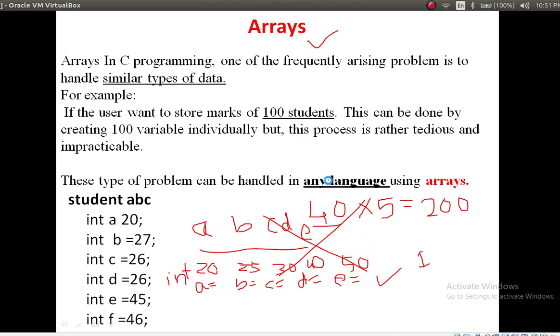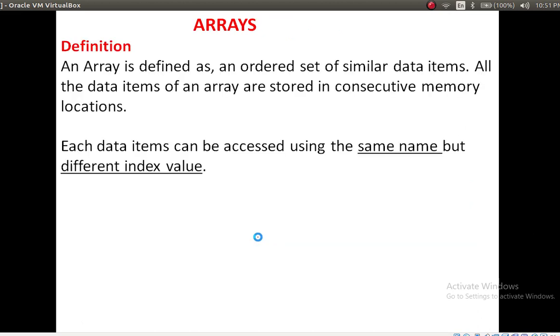That is the concept. Here we have int a, b, c, d, e, f; we cannot create variables like this. Better we go for an array. That is the concept of an array. So let's see the definition of an array. An array is defined as an ordered set of similar data items.